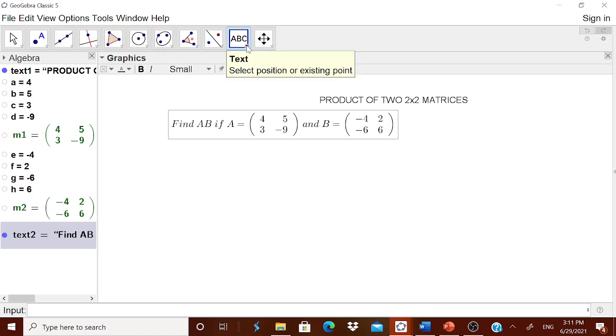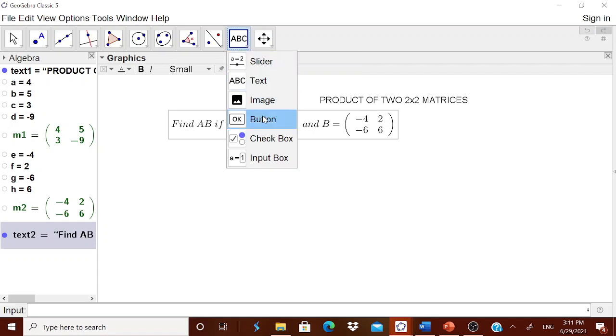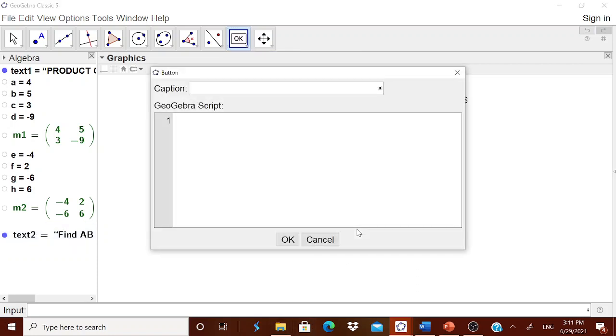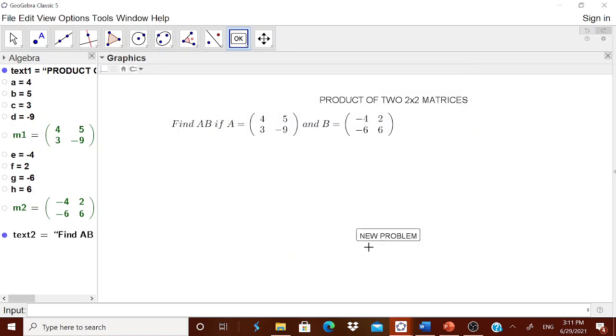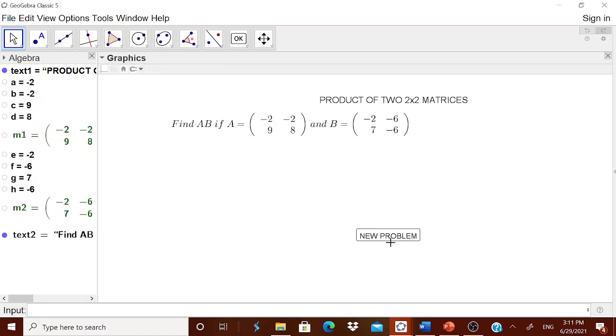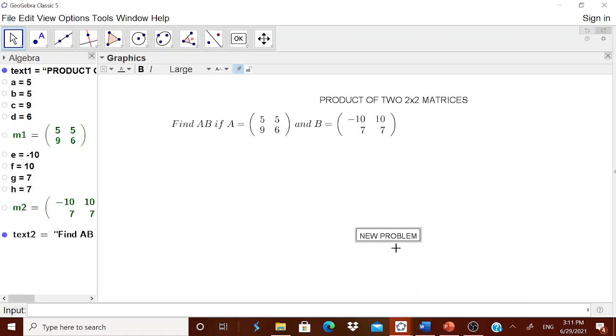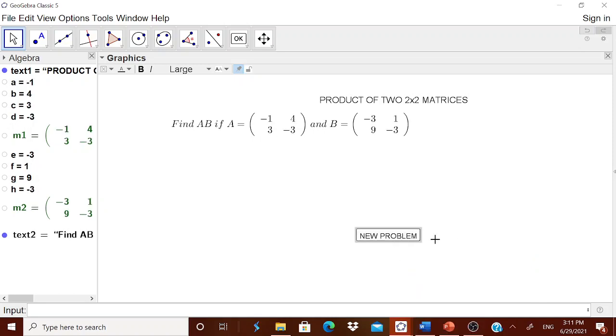For that, go to this ABC, go to this OK button. In that OK button, you type new problem. There, please note down, you have to type capital U, update construction, then bracket, enter. Okay. Now, press escape. Now, whenever I am pressing this, you see, problems are going on changing. Okay. Now, I will put it on the top, somewhere here. New problem has come.